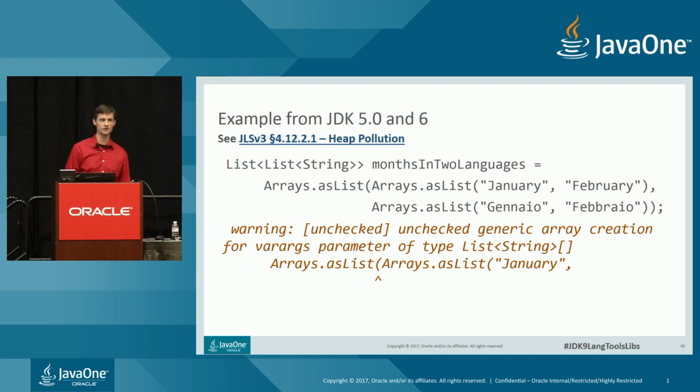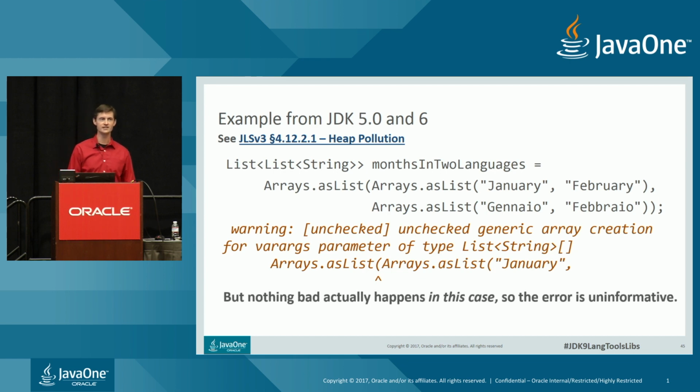So what's going on here? This warning is mandated by the Java language specification, and it's letting you know that something bad might be happening. The something bad is called heap pollution, which would be a violation of Java's type constraints. And if the Arrays.asList method was malicious and not implemented properly, it could be causing this kind of heap pollution. However, in this case, nothing bad actually happens. Arrays.asList in the platform is not a malicious method, so this warning is a false positive.